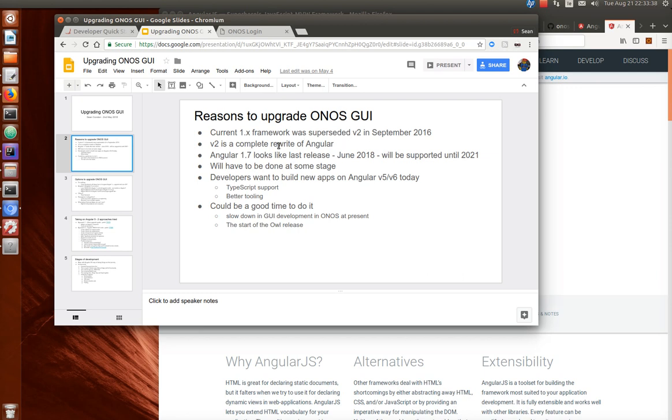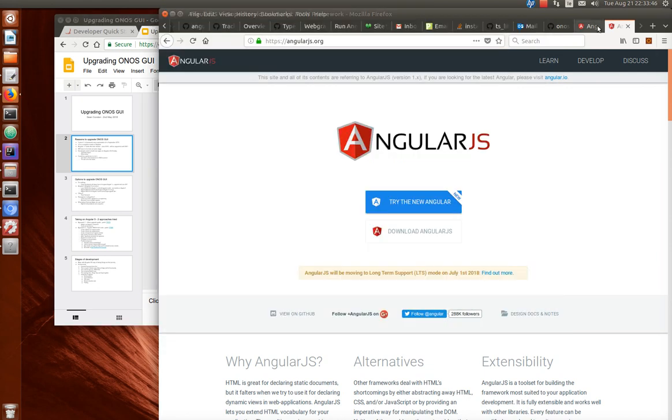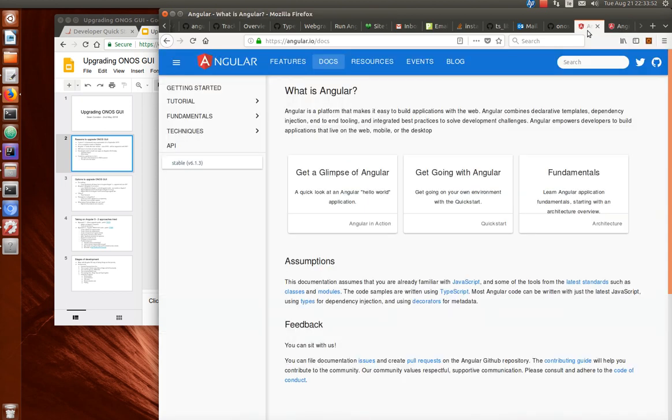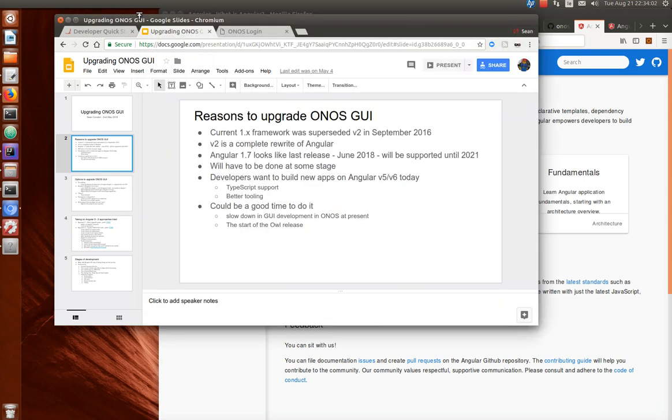Angular 1, which is what the old GUI is built on, is now obsolete, and you might see that referred to as AngularJS. The new Angular framework, which is at version 6, is just called Angular, so you'll find documentation on it at angular.io. Some of the reasons for going with Angular 6 are, well, it's a modern, well kept and maintained framework